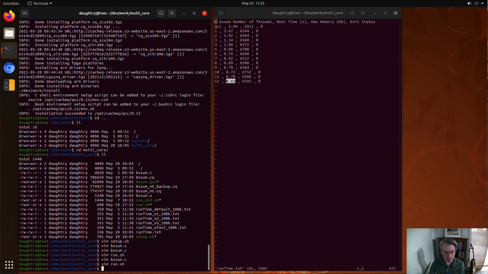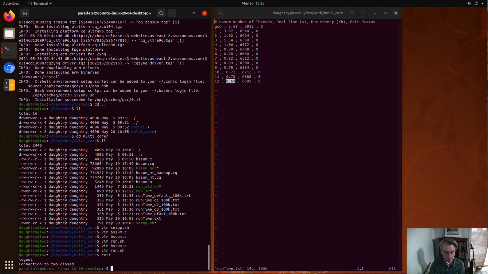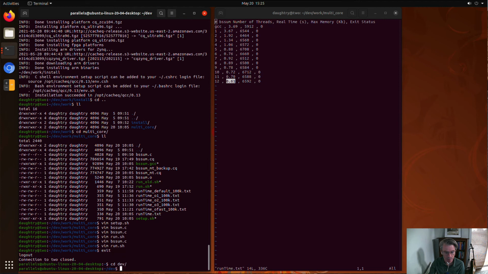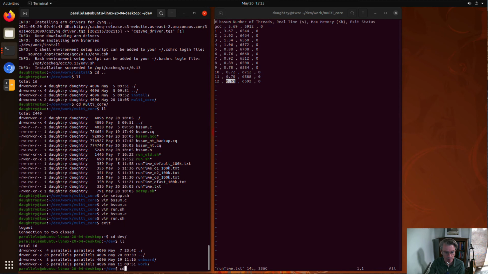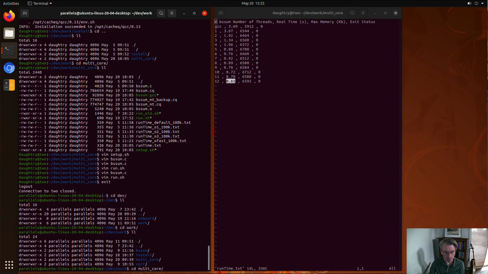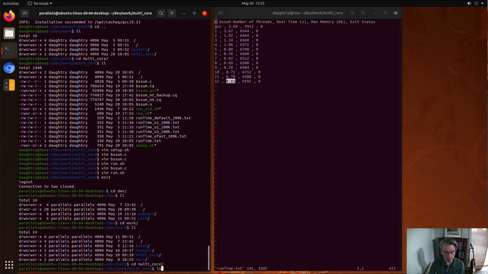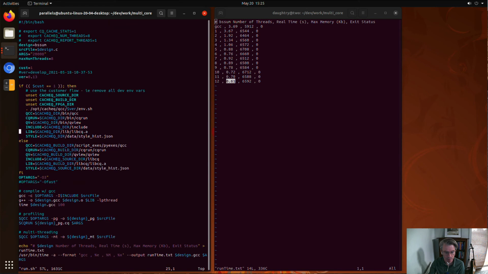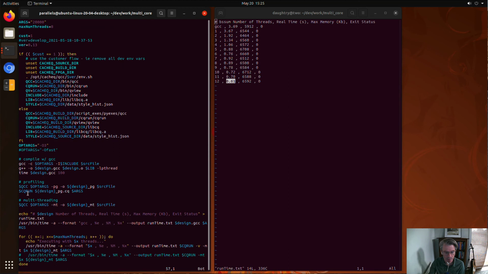I'm going to jump back to another machine here, and I've got the same experiment loaded on my Apple M1 device here, running an ARM-based M1 Apple Silicon device. And I'm going to run the exact same experiment, right? Same piece of code. I have some setup stuff here, but essentially I'm just going to iterate through the same thing, calling GCC and measuring the runtime, and then I'm going to iterate through the maximum number of threads,